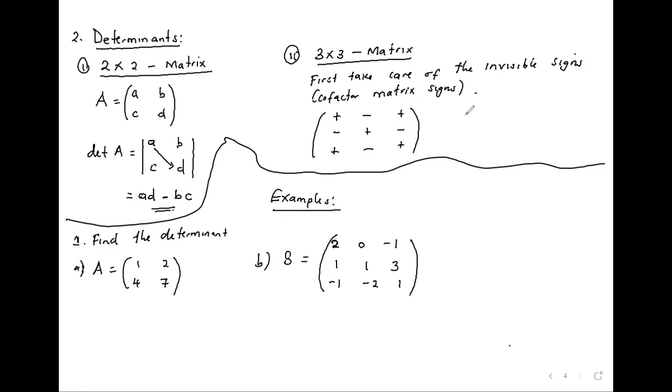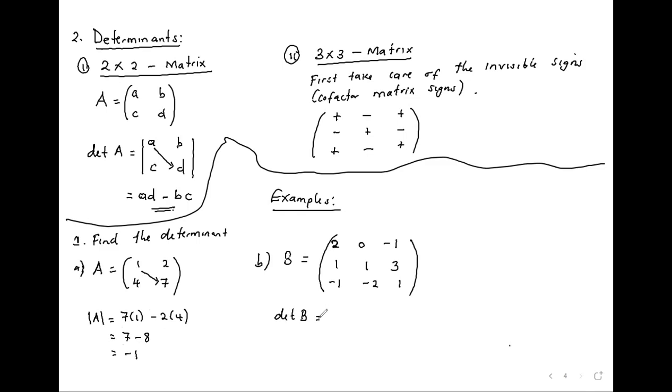Like that. So what's the determinant of matrix A? Well, the determinant of A is equal to 1 times 7, so 7 times 1, minus 2 times 4, which is 7 minus 8, which is negative 1. And the determinant of B